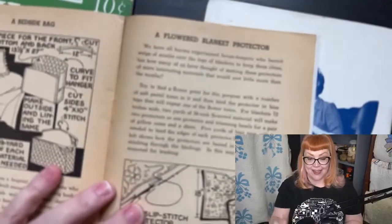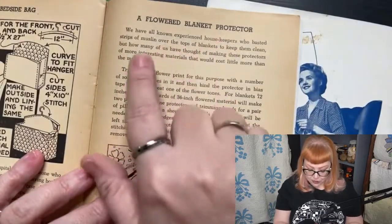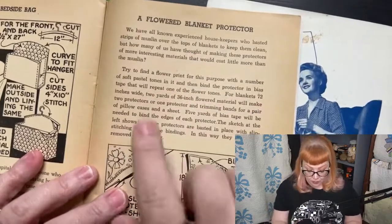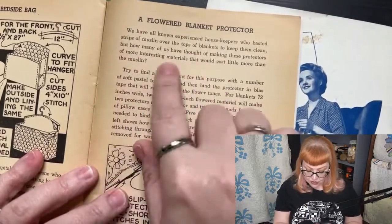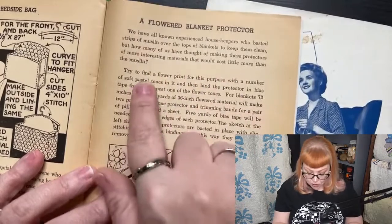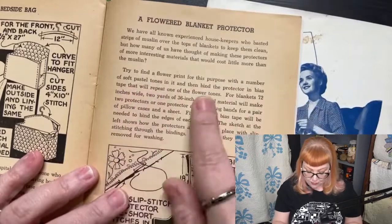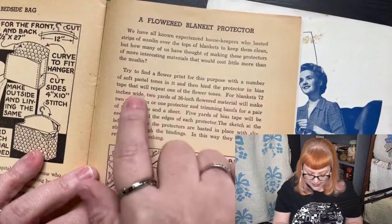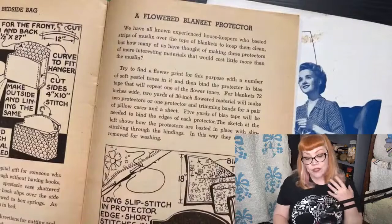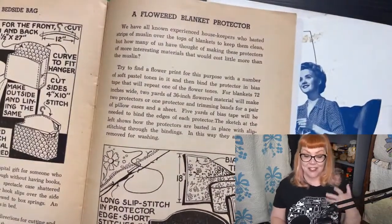Okay. So the idea is, we have all known experienced housekeepers who basted strips of muslin over the tops of blankets to keep them clean. But how many of us have thought of making these protectors more interesting that would cost little more than the muslin? Try to find a flower print for this purpose with a number of soft pastel tones in it, and then bind the protector in bias tape that will repeat one of the flower tones. So she's obviously trying to teach you how to make that,